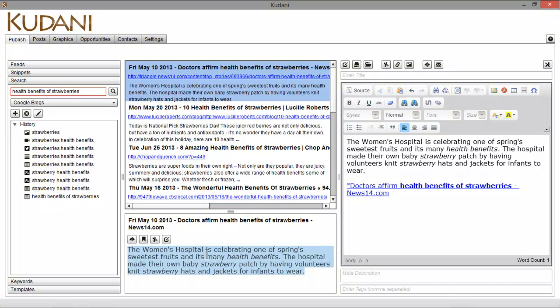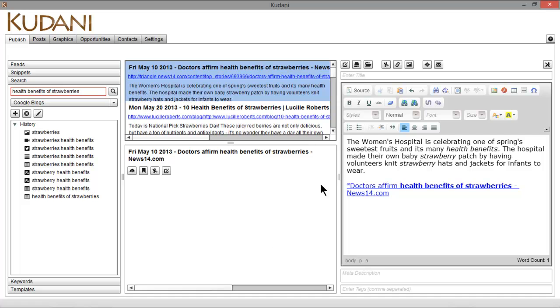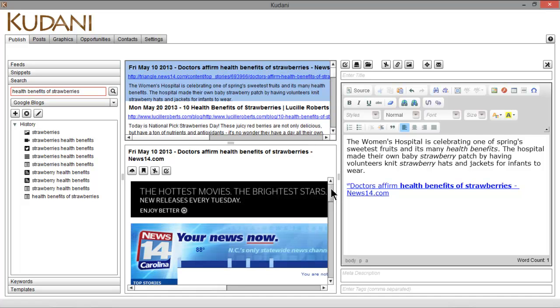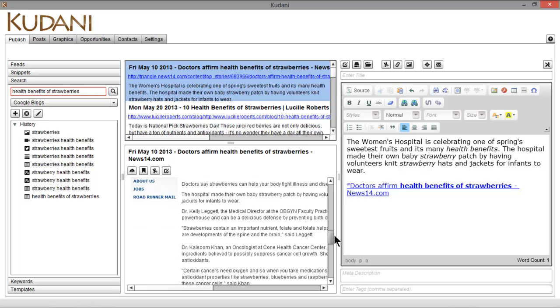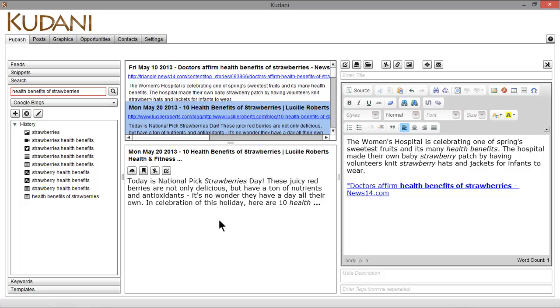Then too, in this area, if you wanted to see more of the article, this kind of becomes a browser, and you can click on the read more and it will actually open the page so that you can read the entire article and maybe find another snippet that you want to drag and drop over here. Now here's a good one, 10 health benefits of strawberries. So if I do read more here,